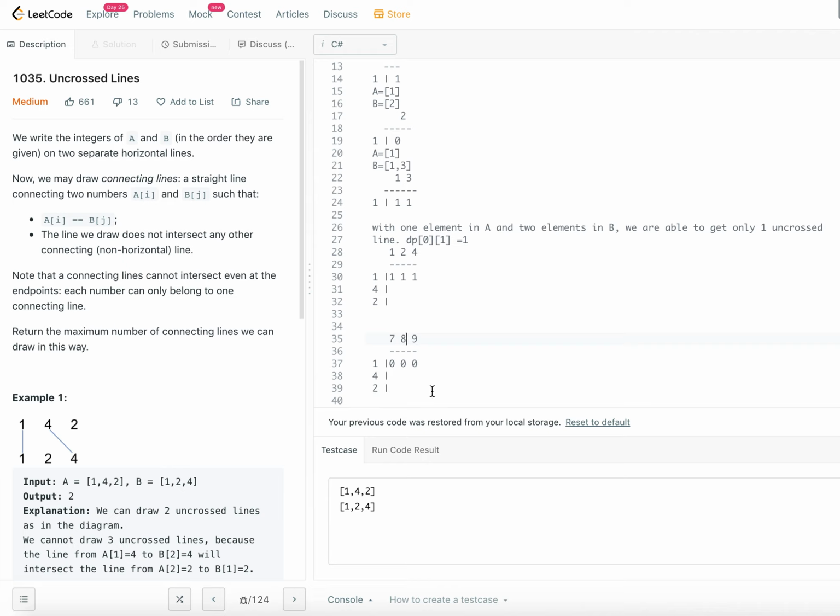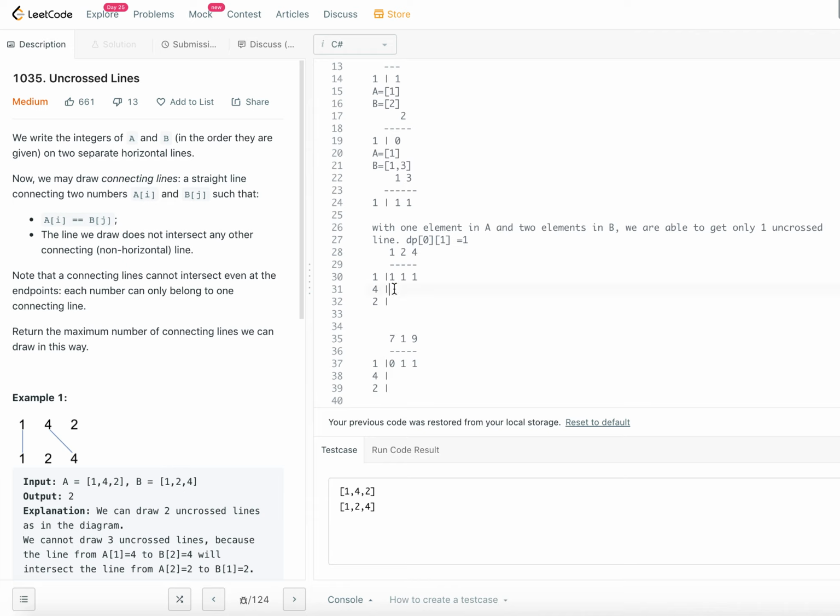Let's say if this was 1, right? So 1 and 7 did not match. 1 and 1, there is a match. So we will put 1. But 1 and 9, there is no match, but still we are going to put 1. Why? Because with one element in array A, with all the three elements in array B, we are able to connect one element, right? 1 to 1, we are able to connect. That's why we are putting 1 here, but not at this one. Why? With one element in array A and one element in array B, we are not able to connect. Got it? So basically that is the tricky point we need to understand. That's why I'm putting all ones here.